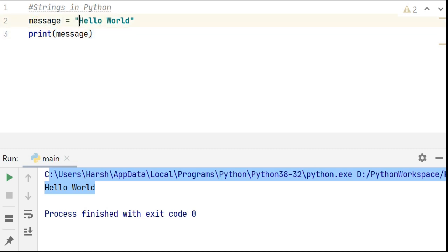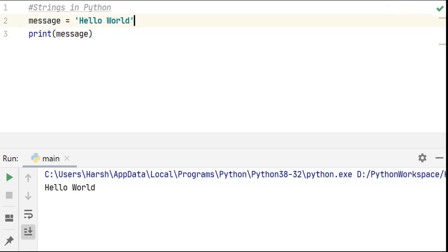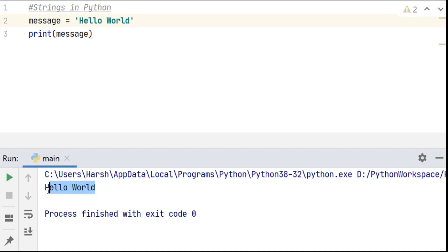Now let's use single quotes instead of double quotes and run the program. Again, it gives the same output. Let us use triple quotes, which can be single quotes or double quotes three times, and define a multi-line string.